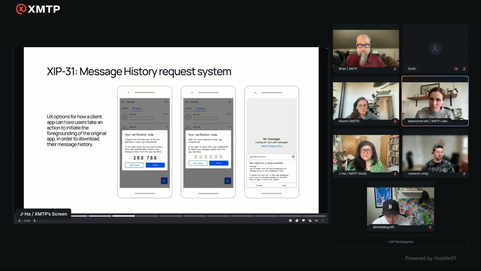And just a little context on me for those I don't know. I'm a product manager at XMTP, but I spent the first year or so as a UX researcher. So we conducted a UX research study. And the goal of this study was to understand what were the most usable and effective flows,